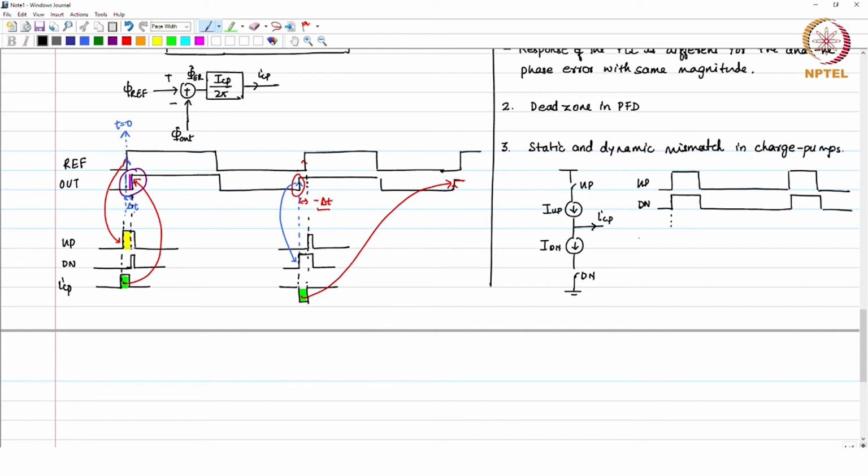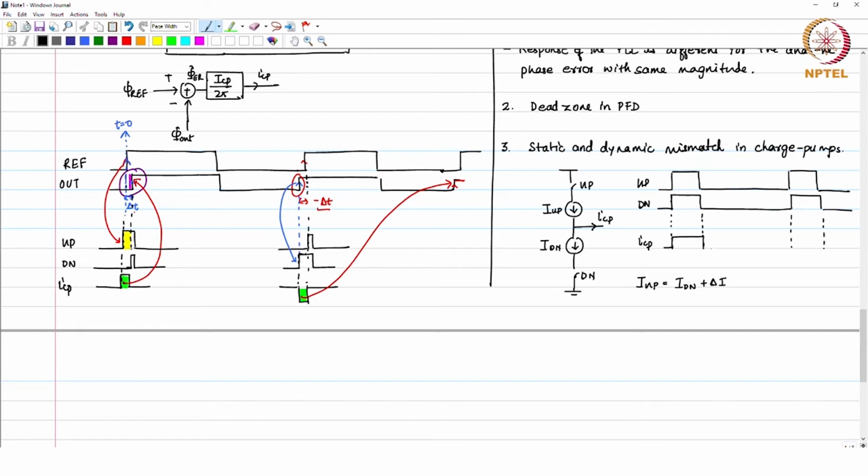Right. Then during the up pulse, we know that the current which comes out, a small ICP current, is going to be I up, and on the downside it is I down. If I up is equal to I down, then no current flows from this charge pump. But if I up is not equal to I down, or if I say I up is equal to I down plus delta I, if this happens, then what will happen in our actual PLL is that you will have plus delta I current